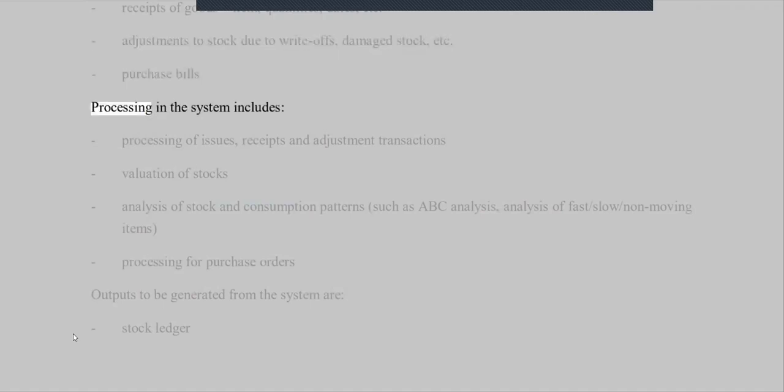Purchase bills. Processing in the system includes processing of issues, receipts and adjustment transactions, valuation of stocks, analysis of stock and consumption patterns, such as ABC analysis, analysis of slow and non-moving items, and processing for purchase orders. Outputs to be generated from the system are stock ledger,